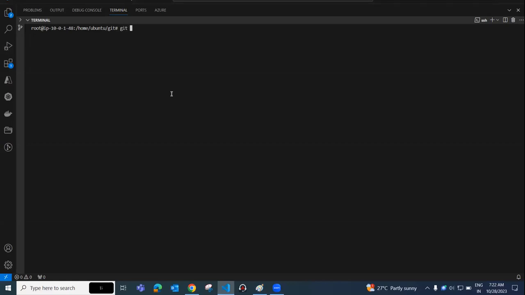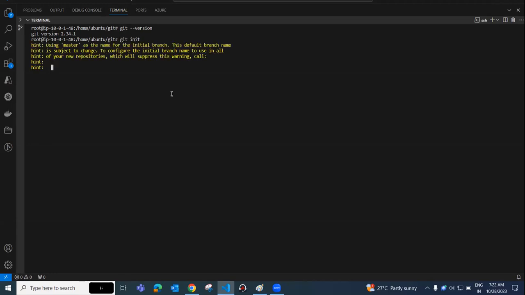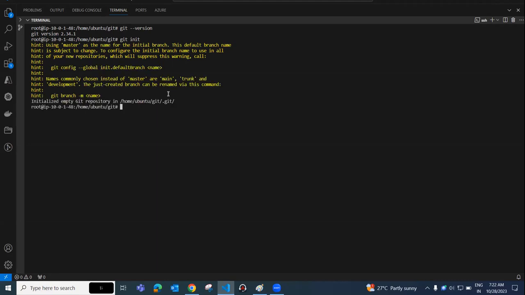Now in this machine I have Git installed. I check the version. See, this is the Git version 2.3.4. So after installation of Git, we need to run the first command, git init. See, initialized empty Git repository in the directory. This is my current directory. In this directory, Git is not yet tracking anything because there is no file in this corresponding directory. So first we need to create